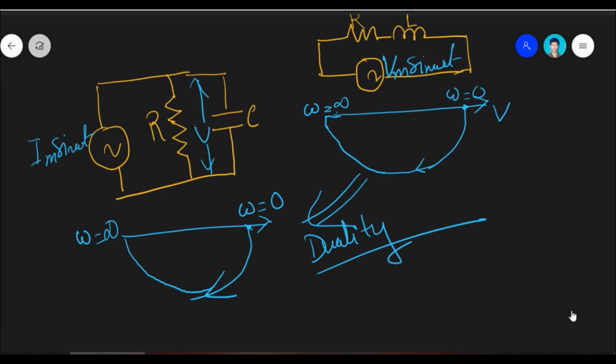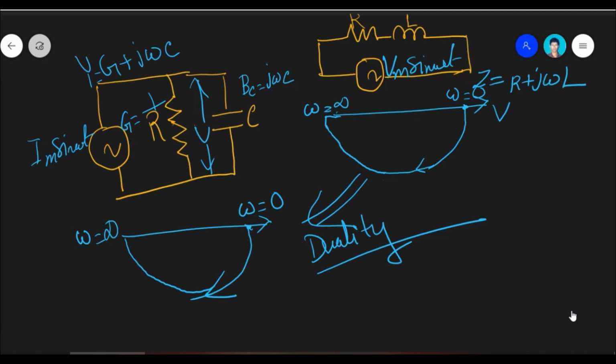Here G is equal to 1 by R, and the susceptance BC is equal to j omega C. So this exactly looks like this one: whatever we are having here, Y is equal to G plus j omega C, and here it was Z is equal to R plus j omega L. But I am not going into that mathematical manipulation or techniques. Anyone can prove that. But let us try to understand from the physical side,